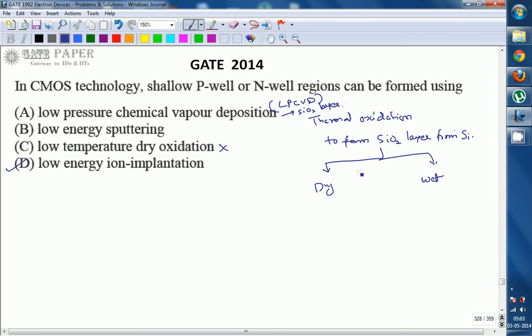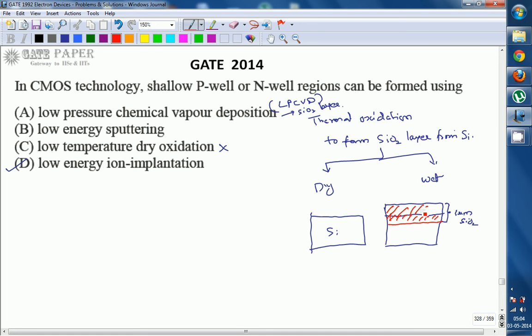In thermal oxidation, let us assume this is silicon, for example, and we use either dry or wet oxidation so that we get a 1 micron silicon dioxide layer. So a 1 micron silicon dioxide layer is going to be formed. This is 1 micrometer of silicon dioxide layer formed. It is formed by making use of silicon from the substrate,